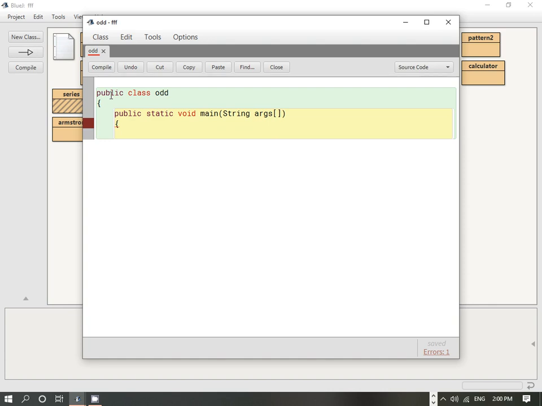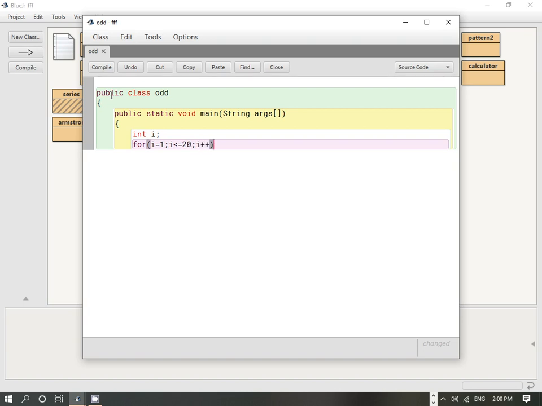So we need one variable, let it be I, which will be used inside the for loop. In this program I'm going to print all the odd numbers between 1 and 20, so my loop will start from 1: for I equals 1, I less than or equal to 20, I plus plus.